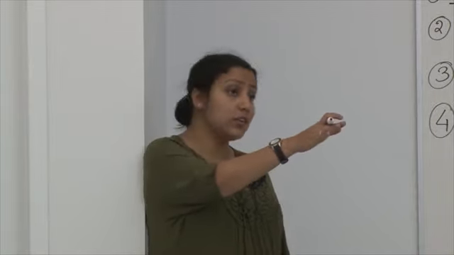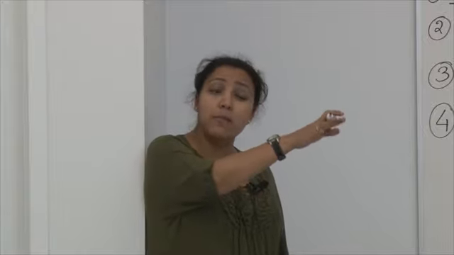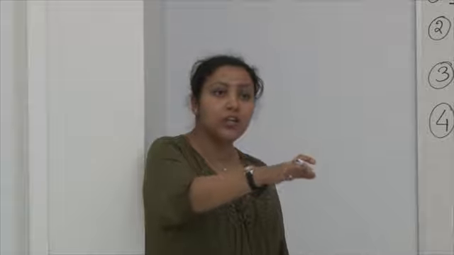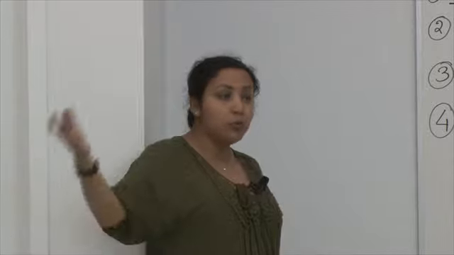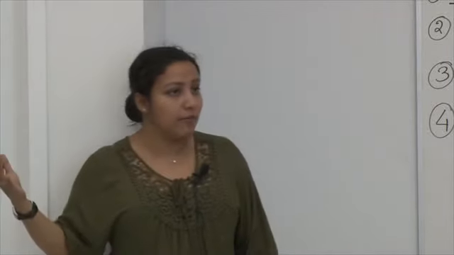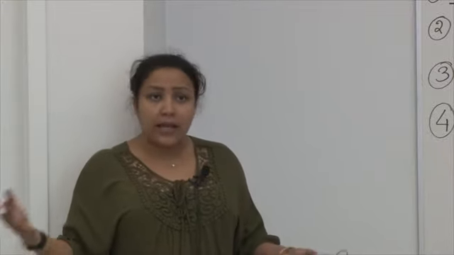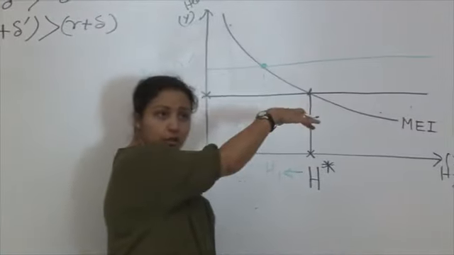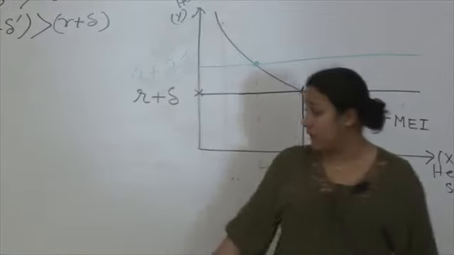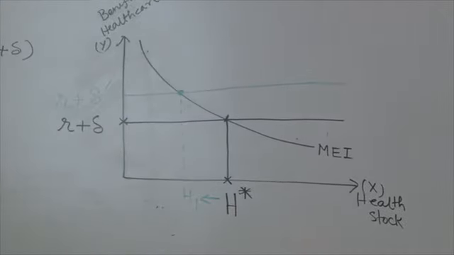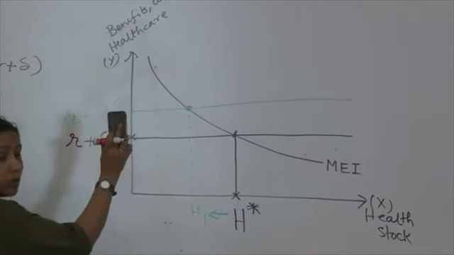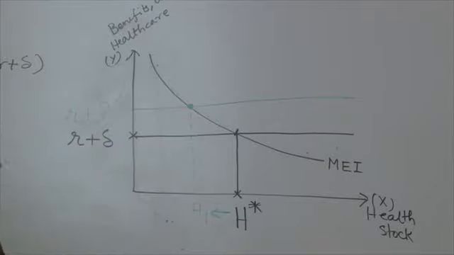So, what did Courtney say? She said if you are an educated person, you are probably managing yourself, you are probably more efficient in using what is available to you, right? So, you are probably more aware, you probably know what are the benefits of being healthy, and hence maybe you are using more preventive care, right? And hence, that means you are aware about the higher marginal benefits of healthcare. So I am drawing it in the same diagram. You can draw it in the same diagram, or you can put it in another diagram, whatever suits you. But take it down because it is not given in this detail in your printed lecture note.